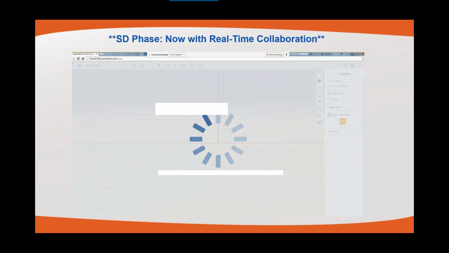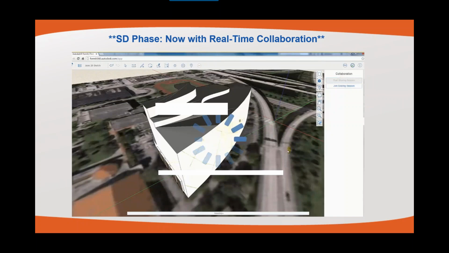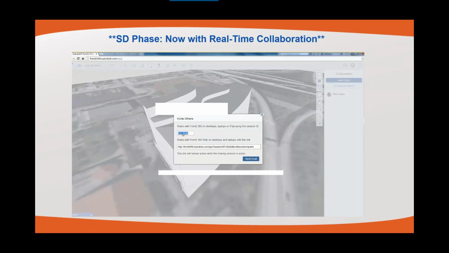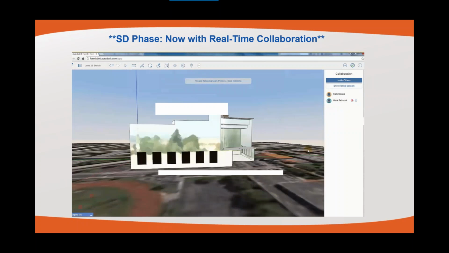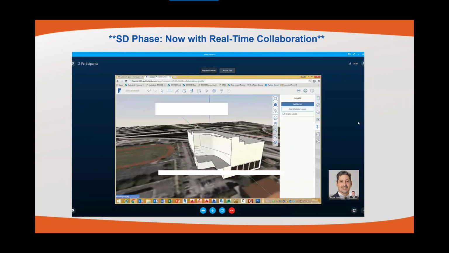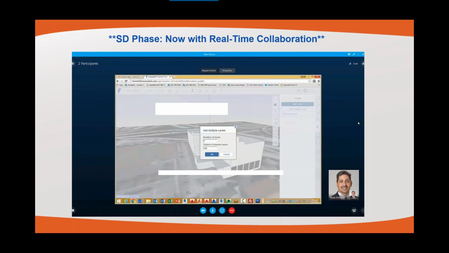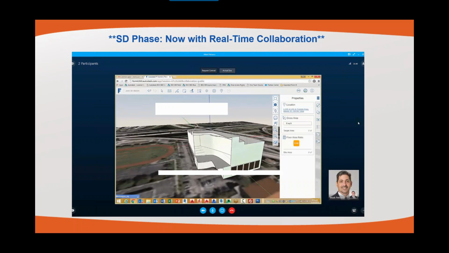I'm saving this to the web, and I'm going to start a collaboration session. Over here, I have the ability to share this with people via an email address. I send them the link, and my buddy Mark here gets the invite. He logs on from his PC, Mac, or mobile device, and what we're seeing here is his efforts on marking